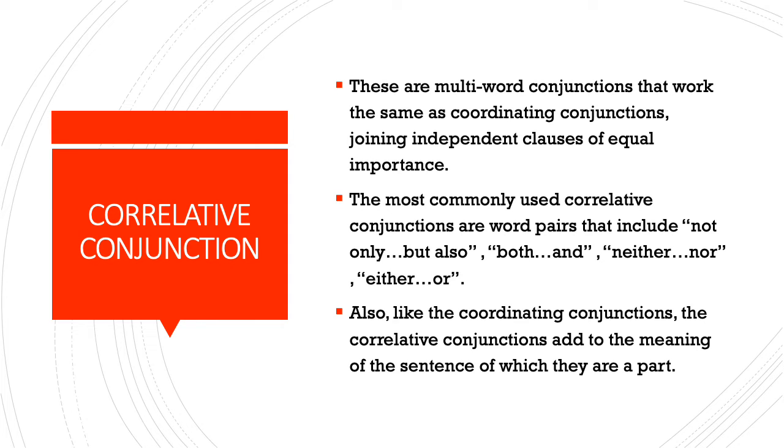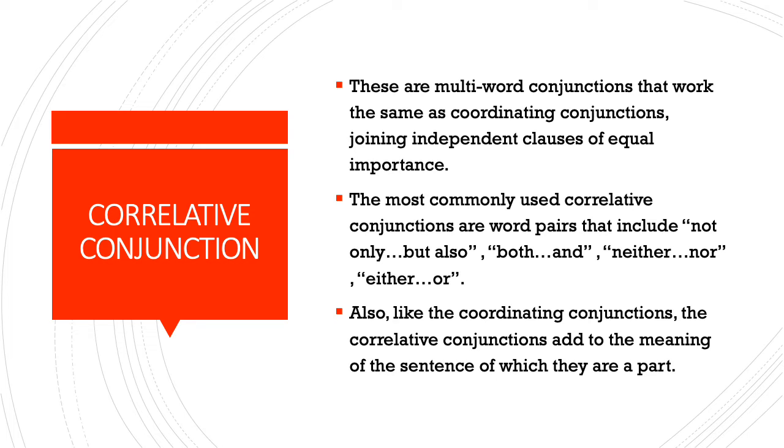Coming to correlative conjunction. Correlative conjunctions are multi-word conjunctions that work the same as coordinating conjunctions, joining independent clauses of equal importance, and most commonly used correlative conjunctions are word pairs. So, correlative conjunction is nothing but another type of coordinating conjunction, you can say, but these are multi-word conjunctions, meaning